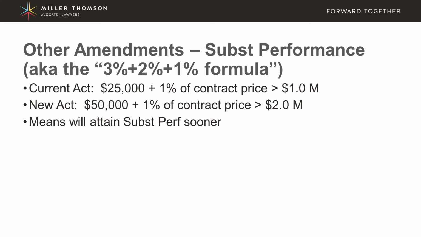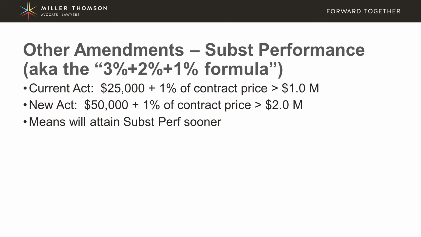And the numerical formula is that you take 3% of the first $500,000 of the contract price, 2% of the next $500,000 of the contract price, and then 1% of the balance of the contract price. So that means for anything over $1 million, you add on the additional 1% of that contract price. That helps you arrive at a number, and if the amount of outstanding work or deficiencies is less than that number, then substantial performance has been achieved. The certificate can be published, and holdback can be released 45 days, the 46th day after the publication.